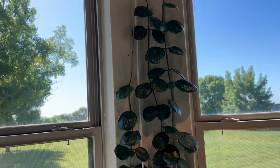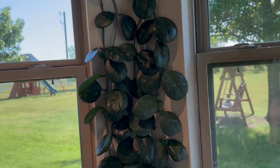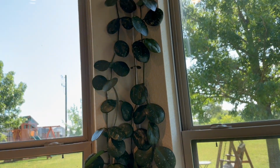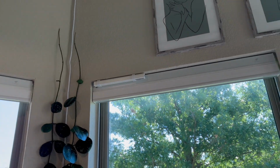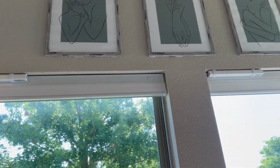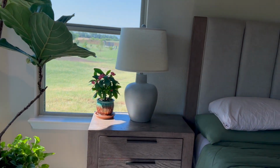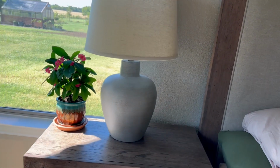I can show you something, they'll actually branch out of some sort. I don't know if I can show you in here, but hopefully when they go up in there, they'll branch out and there's more vines to climb. But yeah, I love that so much. And here is my side of the bed. I have this